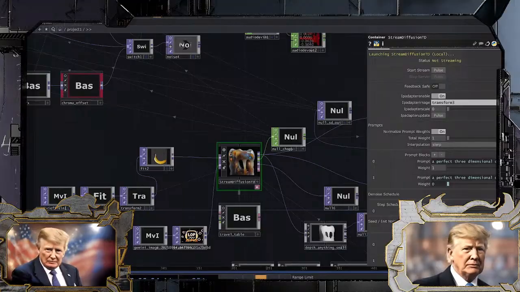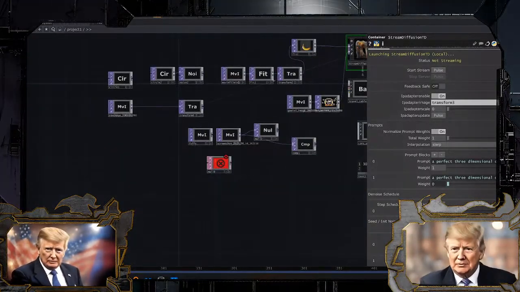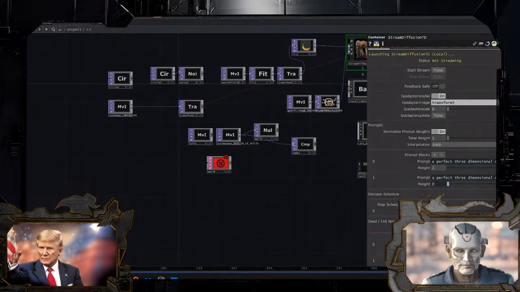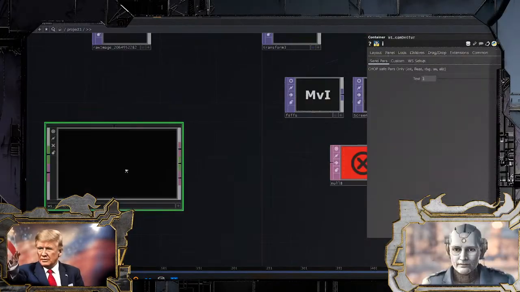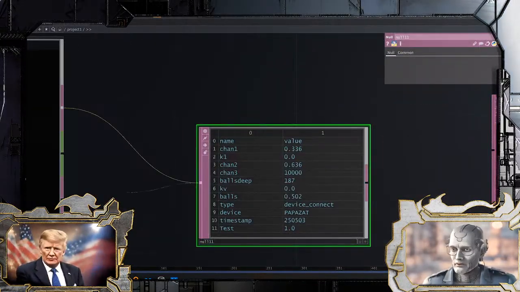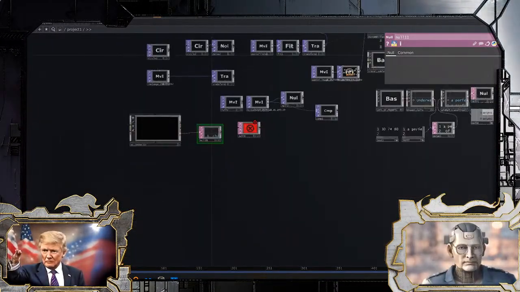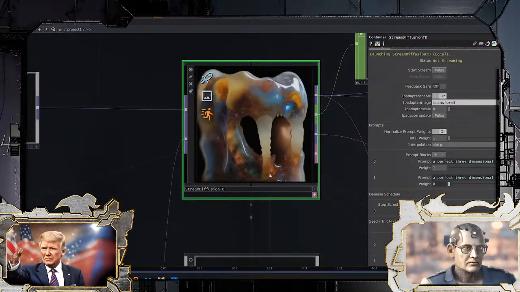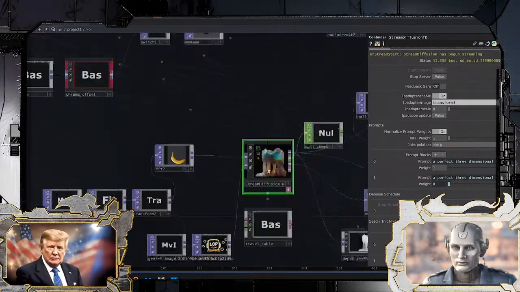So here I am back with a little StreamDiffusion SDXL running. Let's see if I can get the live chat. I got the live chat. Let's see if StreamDiffusion wants to run. We got StreamDiffusion running.